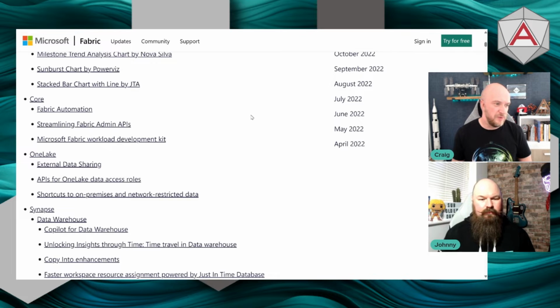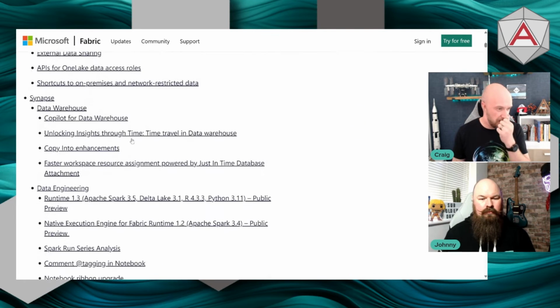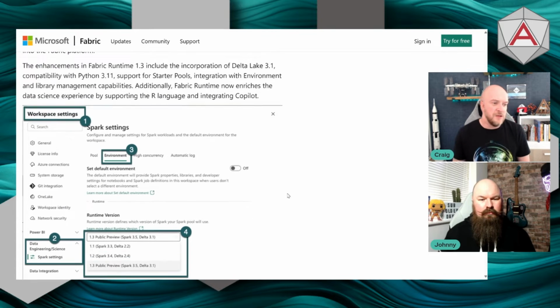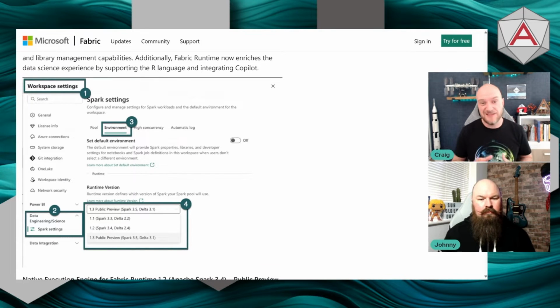So what else have we got in here? If we are going down to data engineering, one of the interesting ones that I've been playing about with just this week is the runtime 1.3. So that gives us Delta 3.1 as well in there. So I've been playing about with that. There's some interesting Delta 3 features that are now or should now be available within Fabric that I've been struggling to work with, but I will certainly be coming back and doing another video on that